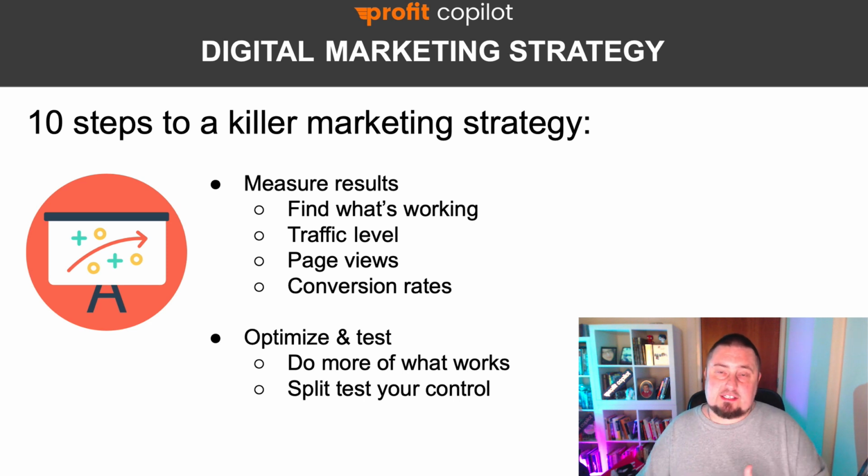So what does split test your controls mean? Well, maybe you have a lead magnet and it's converting at 10%. Well, what if you split test that, create a second version of it, maybe a different offer or a slight twist on what you're already offering, and you test that instead. So you might want to run 1,000 visitors to that offer, see how it converts. And if you can get a 1% conversion rate, 1% boost in conversions on that, you're doing it really well. And then that beats the control. And then you apply the same thing to your offers.